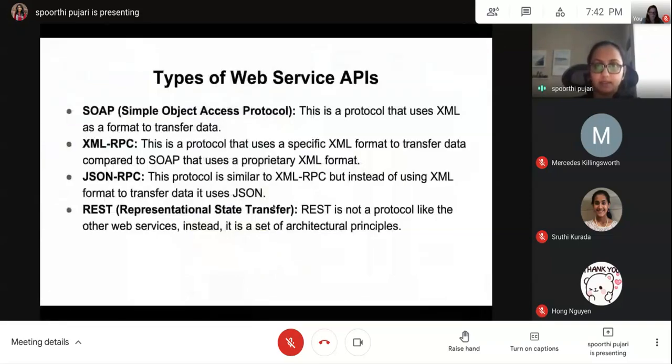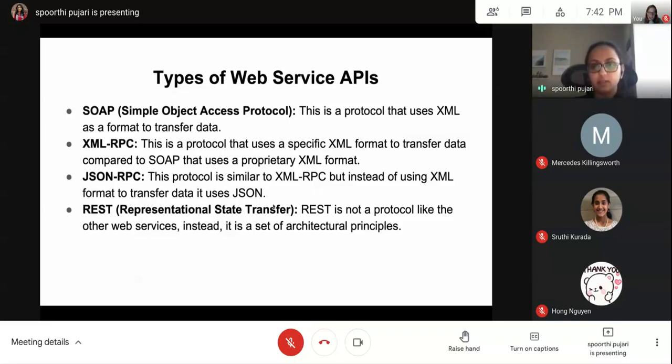XML RPC is another protocol which is very similar to SOAP, but instead of using a proprietary XML format, it uses a specific XML format. JSON RPC is very similar to XML RPC, but instead of using XML, it uses JSON. All these three are relatively less used, but the majority of the web services right now are REST APIs.